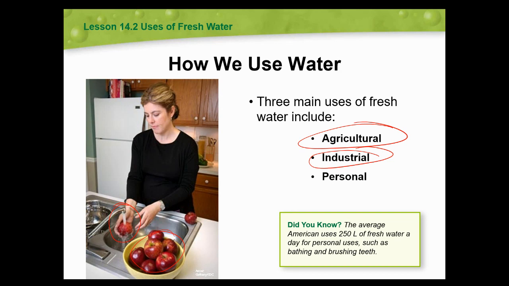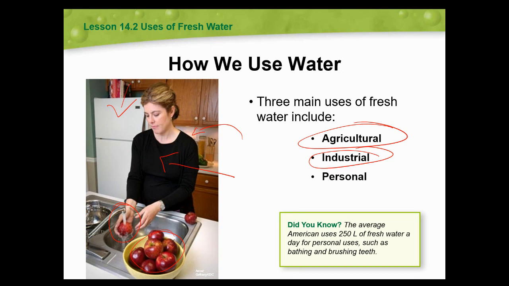Industrial water is stuff that we don't really think of as much, but industrial water would include the water used at the power plant to cool down the generators in order to maintain the equipment that's being used to produce her electricity. You can see she's got some lights on back there. To run the refrigerator, we use electricity for all these things. Water is often also used in the production of textiles, so in her clothes, in her shirt. Water is also used in the production of all sorts of other things.